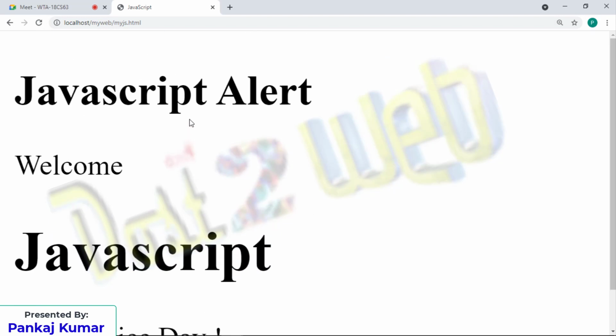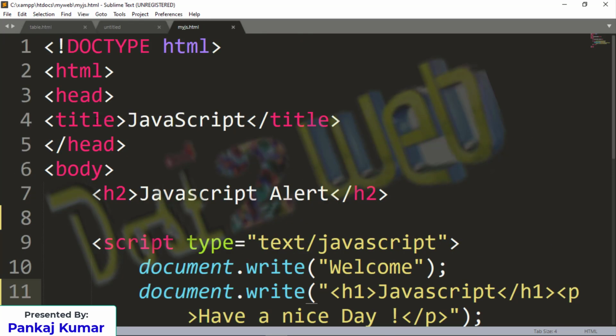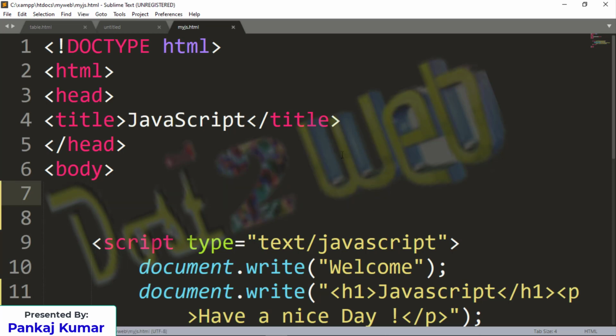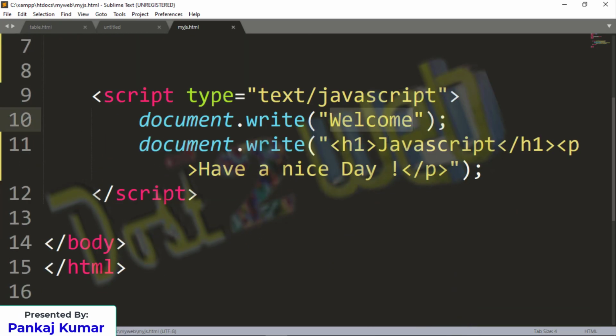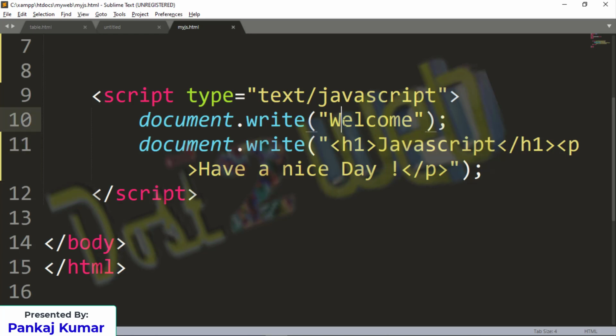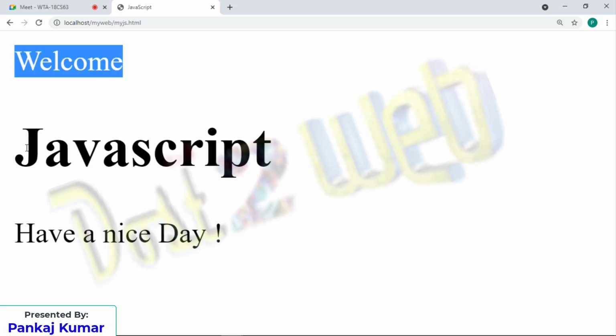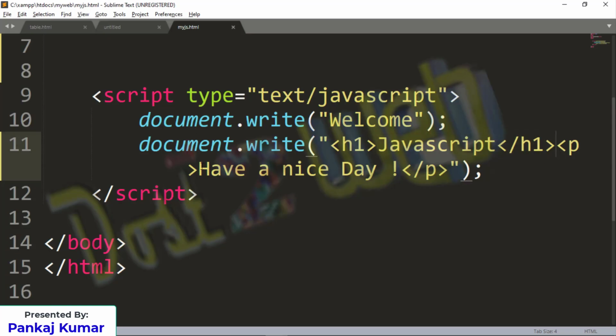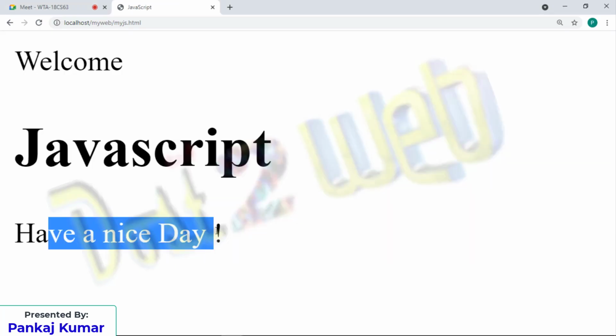Okay, you can see what happened. JavaScript welcome we have given. So this is a JavaScript alert. We'll remove this also. First we should get welcome. Okay, see here we are getting welcome first. Next we have used JavaScript. You can see I am getting the JavaScript, and in the paragraph I am getting the have a nice day message. If you see the source code, either you can press Ctrl U, or if you press